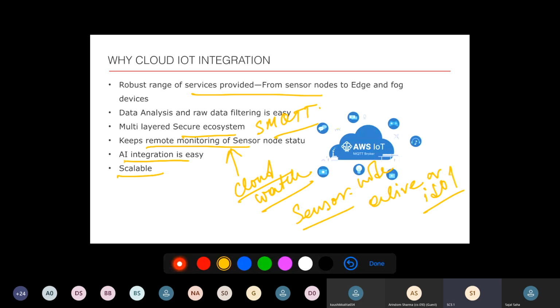So the first thing is that a robust range of services is provided. Robust range of services means whatever kind of services you need: data analysis, machine learning. For that they have a service called SageMaker, and you can take the application services of SageMaker. If you want to store the data, you can take the S3 services. If you want video processing services, you can take the Kinesis services. So based on your application, you just collect the data, and after that,